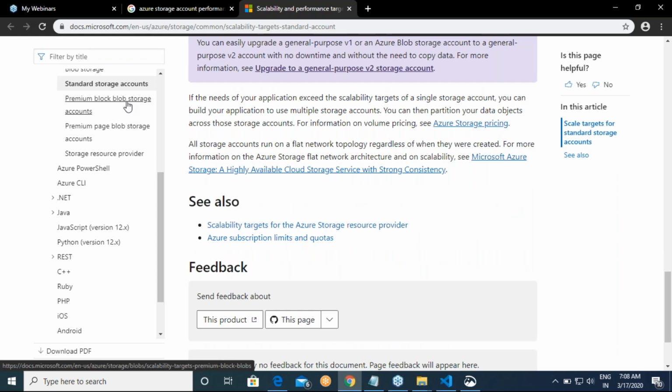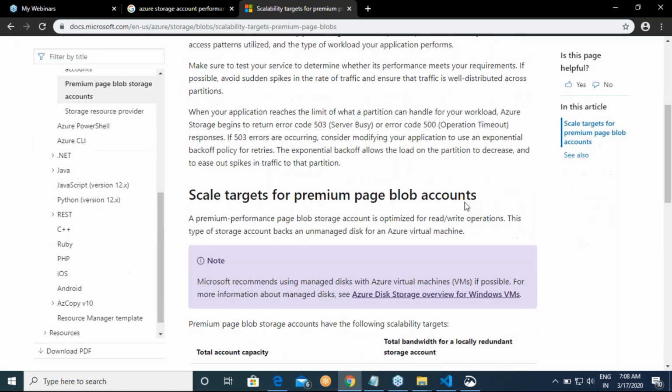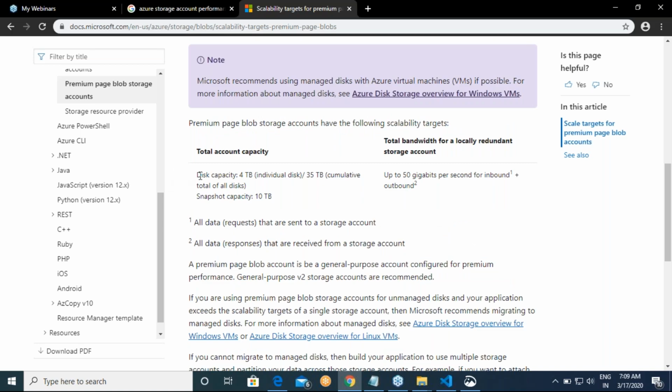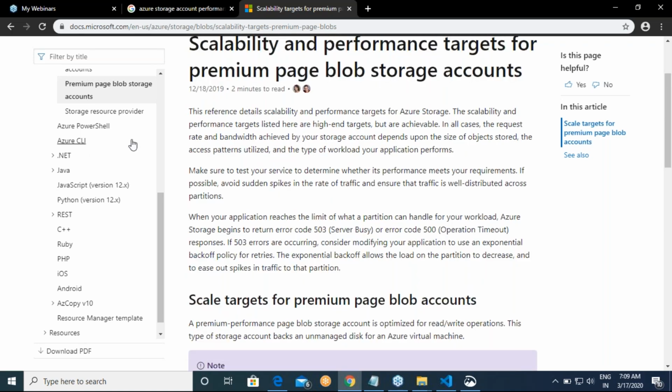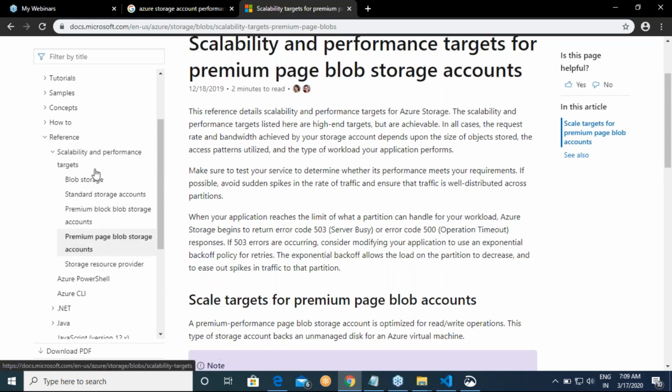For premium, what do we have? Premium page blob storage account targets. Disk capacity is 4 terabytes, or cumulatively you can have 35 terabytes. You can have up to 50 Gbps for inbound. These are all the targets defined by Microsoft when it speaks about performance targets.